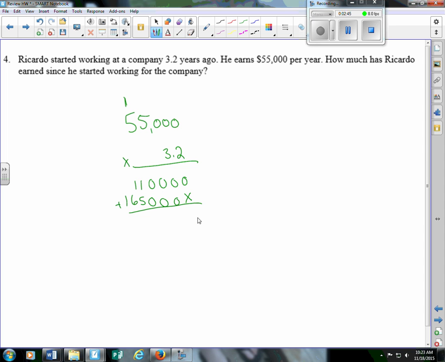Add it all up. 0, 0, 0, 0, 6, 7, 1, 7, 6 with 1, 2, 3, 4 zeros. But we got to remember, swoop our decimal 1 time. So our answer would be